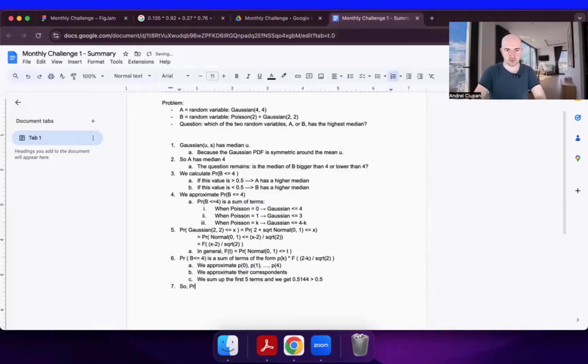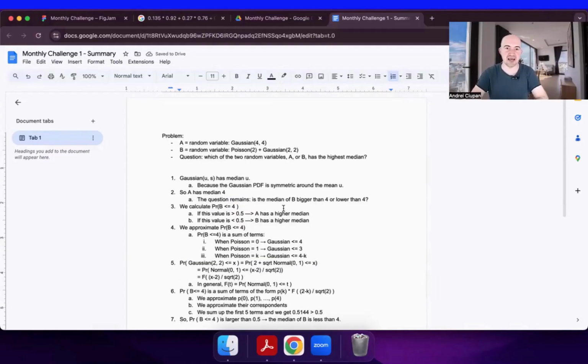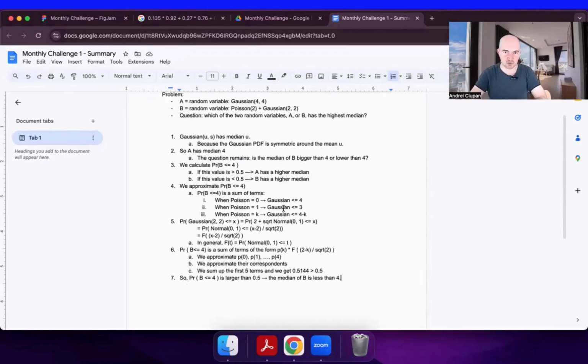So probability B less than or equal to 4 is larger than 1/2. Therefore, the median of B is less than 4. So indeed, the median of B is less than the median of A, and this was basically our plan for the problem. So at the end of the day, we had to know